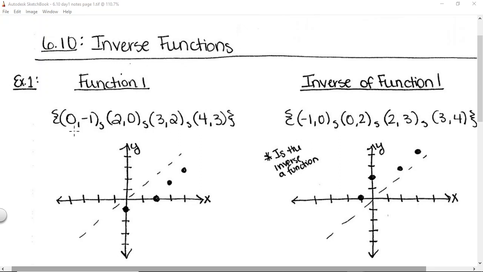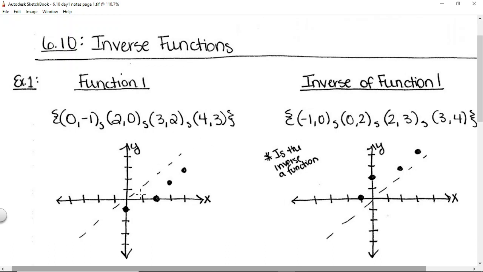So for example, we have this first pair, 0, -1. So for an input value of 0, you get an output value of -1, and so on. For each input value, it's paired with its output value. Okay, and this function just has these 4 pairs,